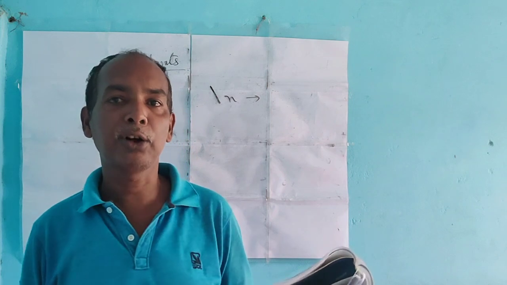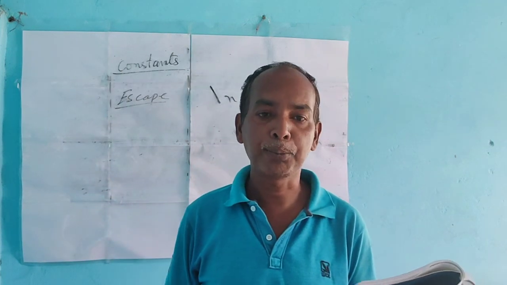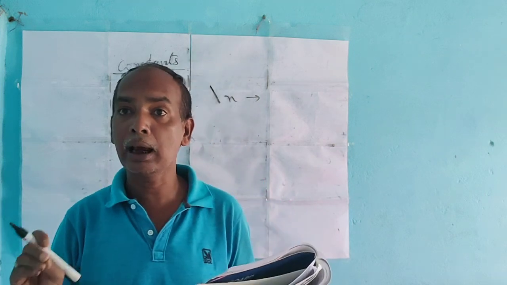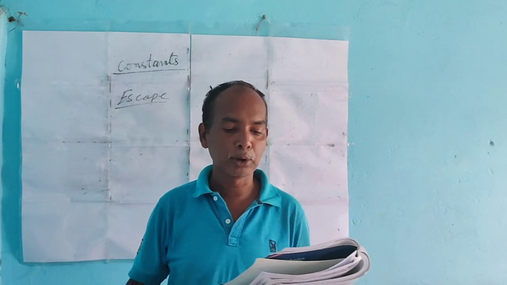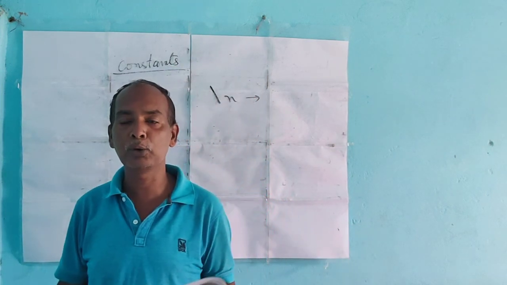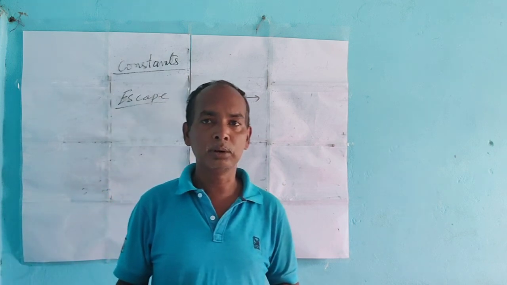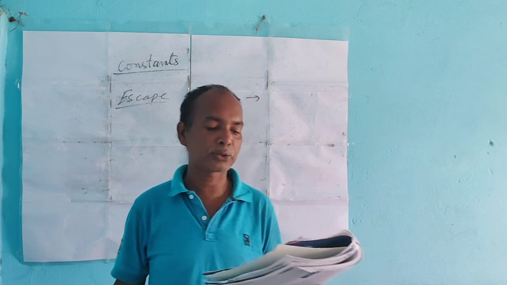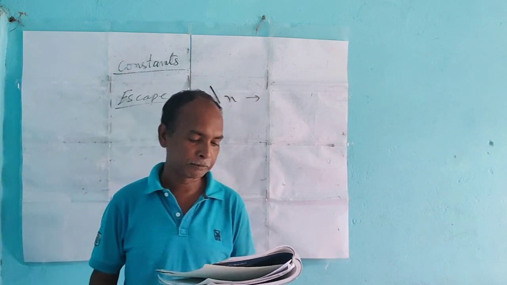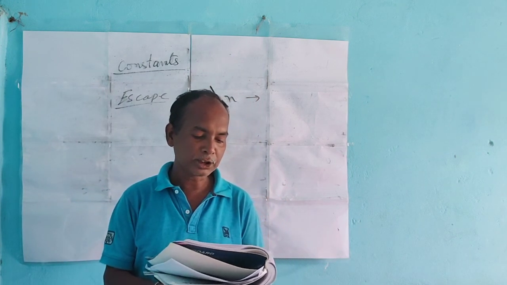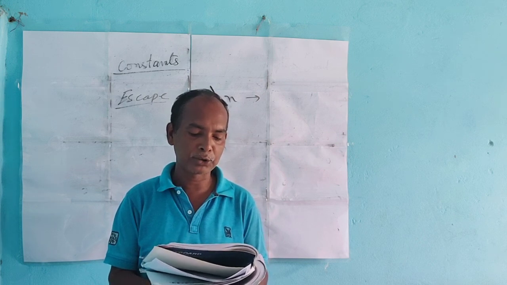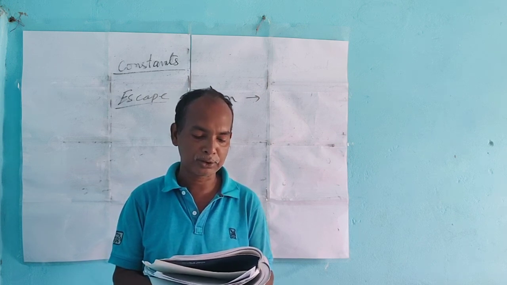These escape sequences are given in the book, in table number 15.4. You have to learn all the escape sequence characters. You have to learn all the ASCII value characters. When we write and explain programs, at that time we need this type of escape sequence characters. Also, each consists of two characters, and they represent single character constants. So that is a list of some escape sequence constants.